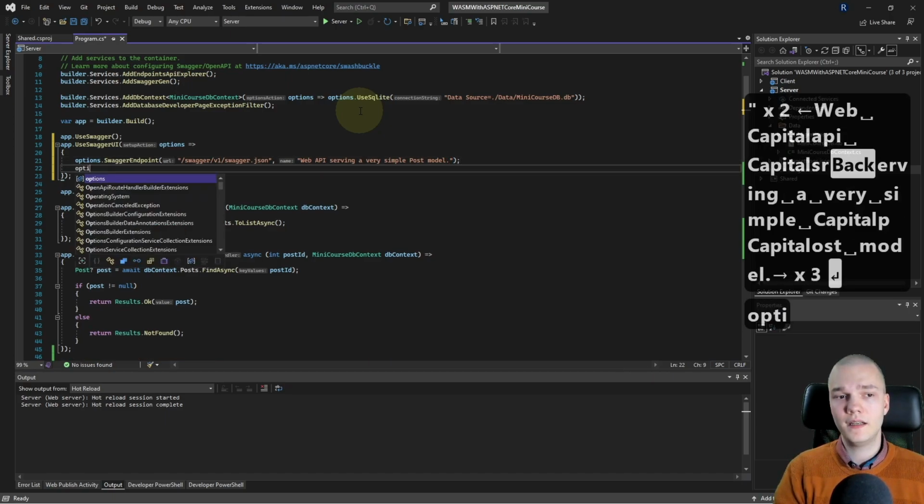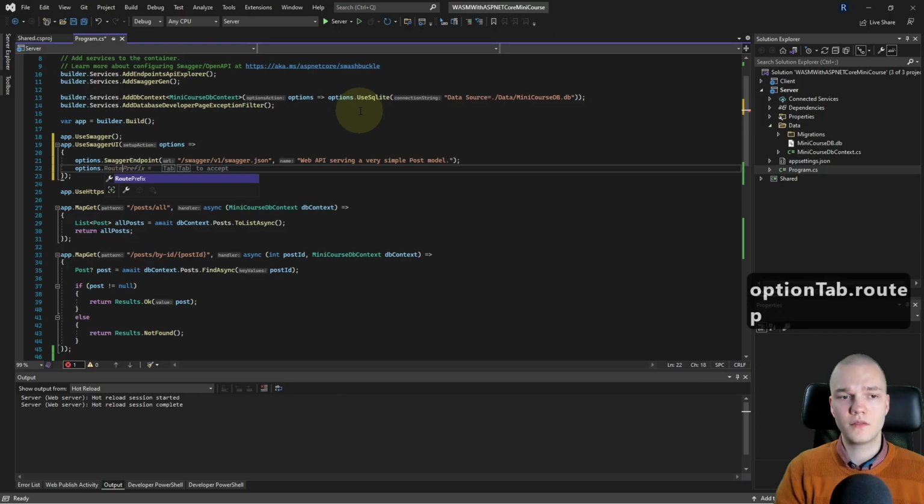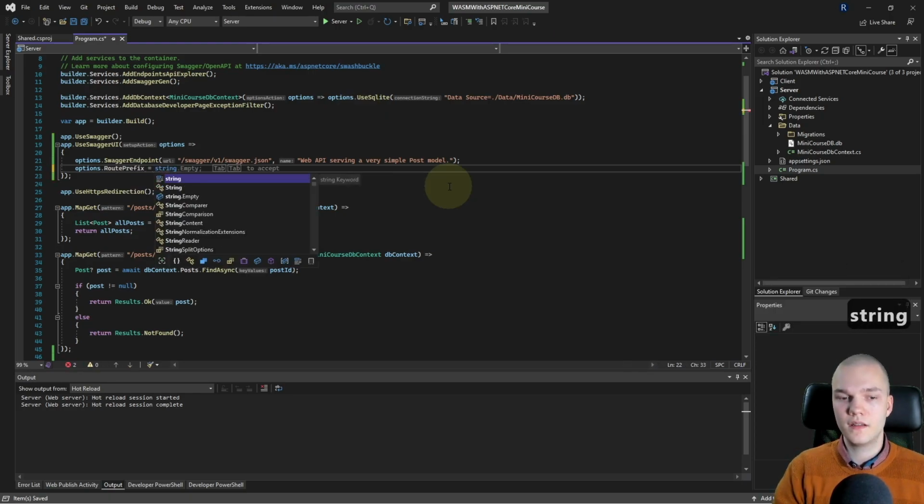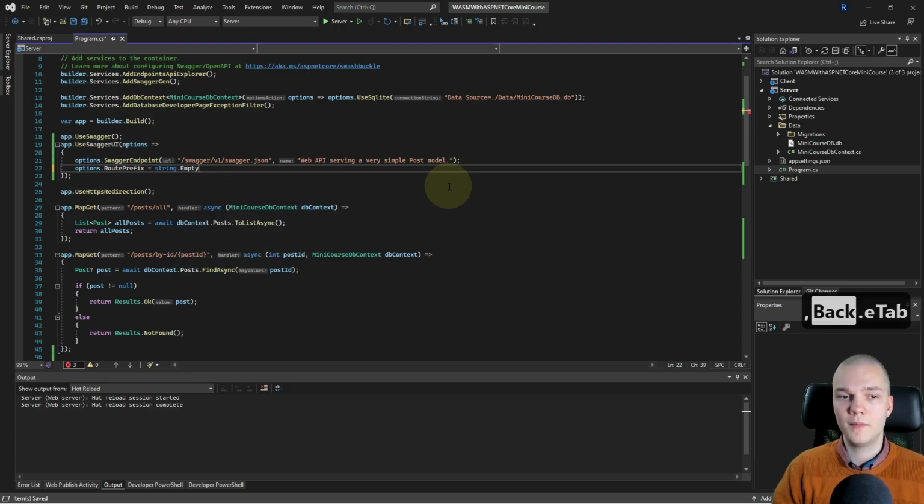And on the next line I'll do options.RoutePrefix equals, and I'll set it to string.Empty.